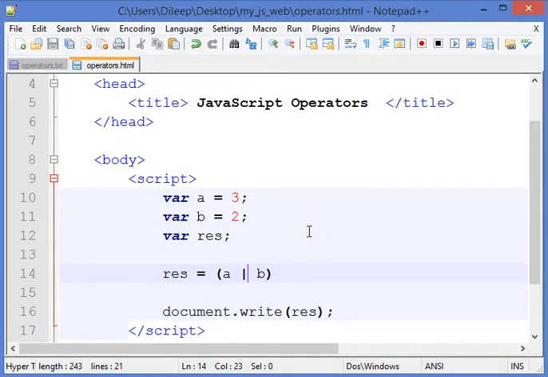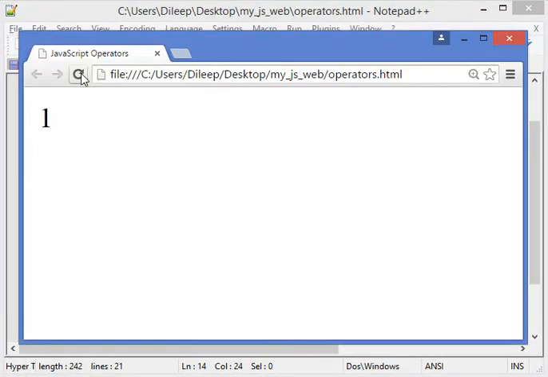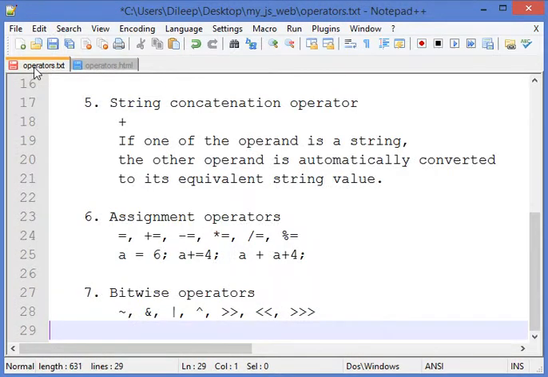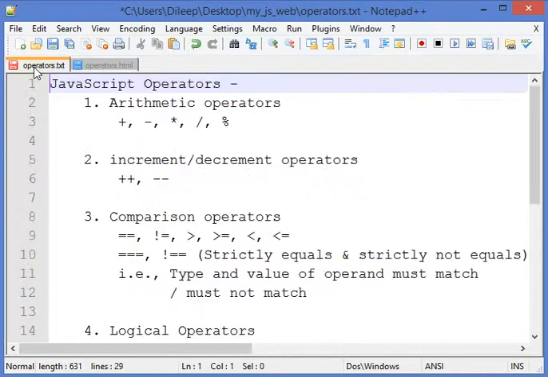and another one is the shift operators. So if I make a right shift of 1 bit, suppose, and I refresh it, it becomes 1. The value of a was 3. After making a 1 bit right shift, it becomes 1. So this is how we can use the bitwise operators. Okay, so this is all for this